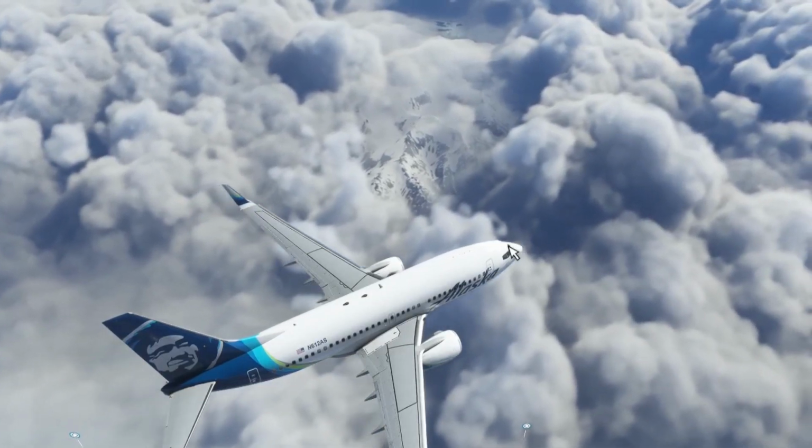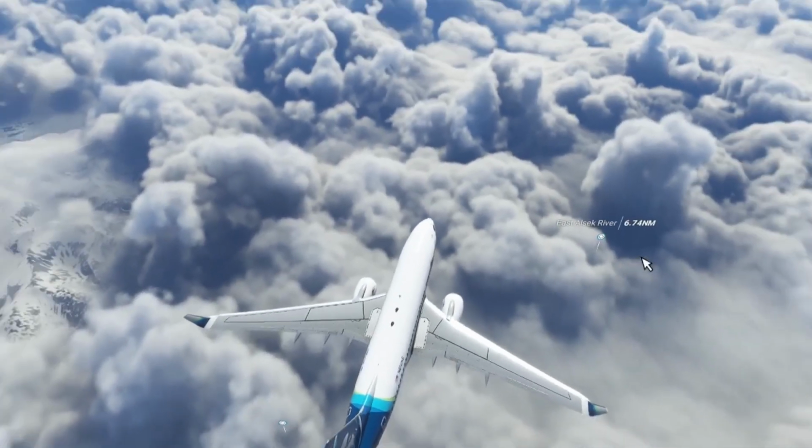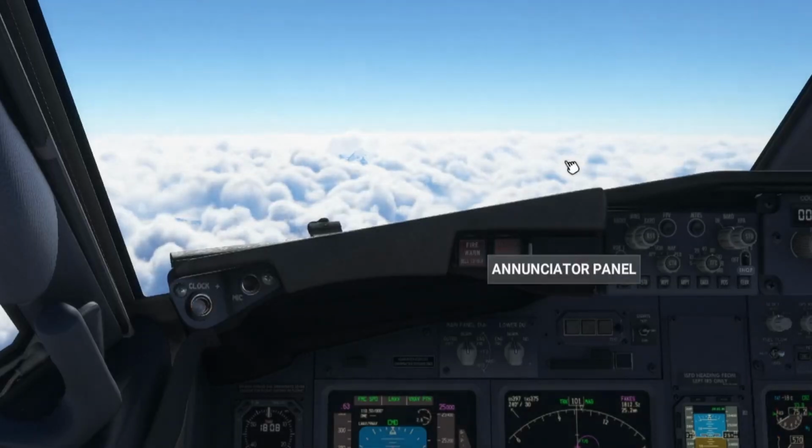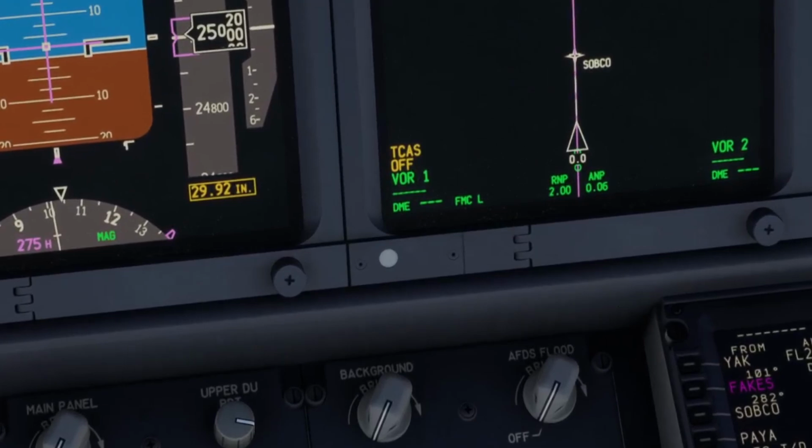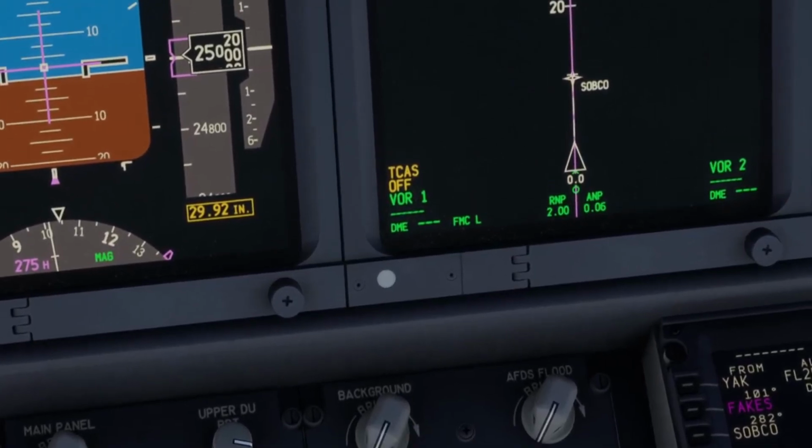All right, we're here again. Start talking about our top of descent. We are 27 nautical miles to top of descent. Our approach is